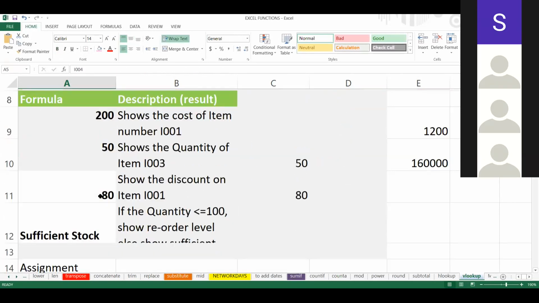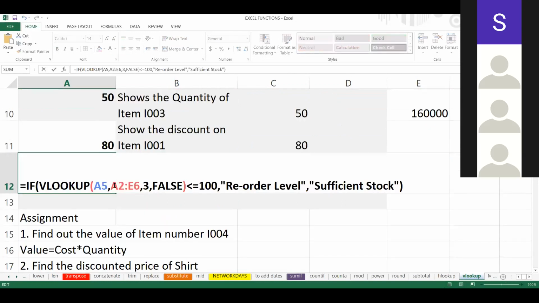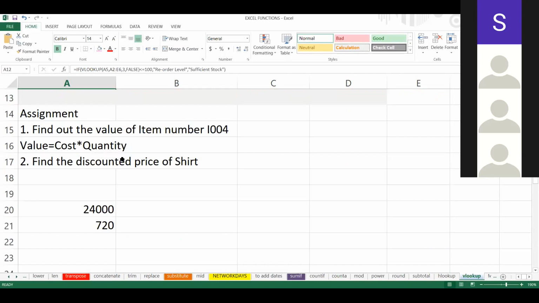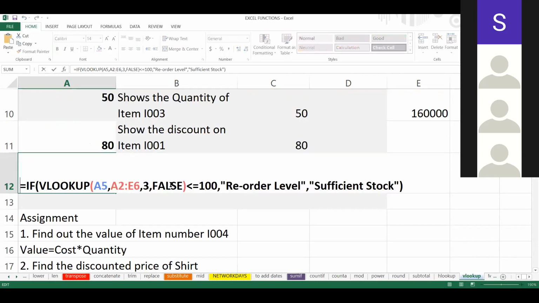I004. I004, range, 3. What do we have to check? Quantity we have to check. So that's why we are giving quantity, 3, false. This part we have already learned. The only thing is now we have to put this in IF, which we have done in the previous exercise. If this value is less than 100, then reorder level, else sufficient stock.